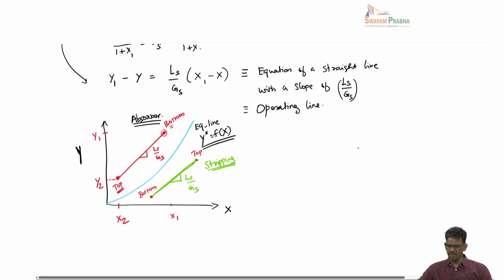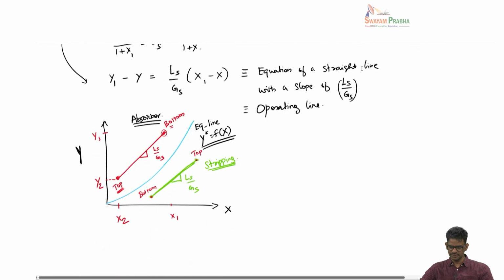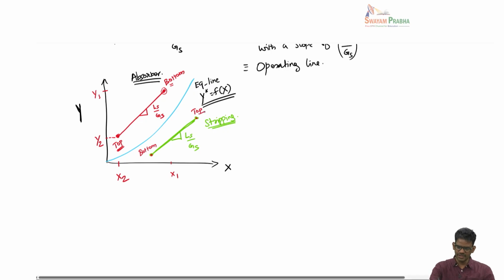Whereas if you think about the same operation but for a stripping case, where you want to remove a solute from a liquid into a gas, in this case, since the transfer is going from liquid to gas, the stream at the top would be richer in the concentration, because the liquid is incoming with a higher concentration of the solute. The outgoing gas would have taken enough amount of solute. So the top of the column would have the highest concentrations for a stripping operation. So that's what I have denoted here as the top of the stripping column with the highest concentration of liquid